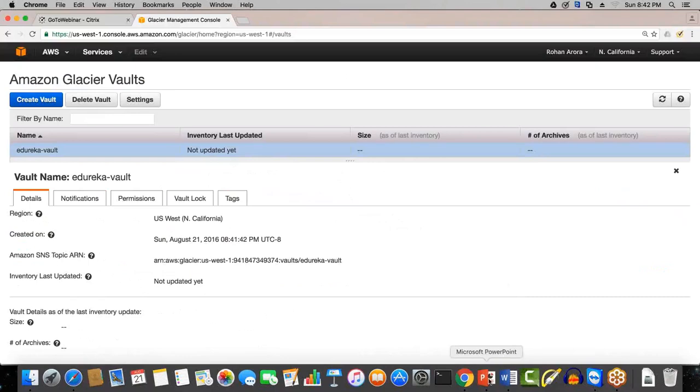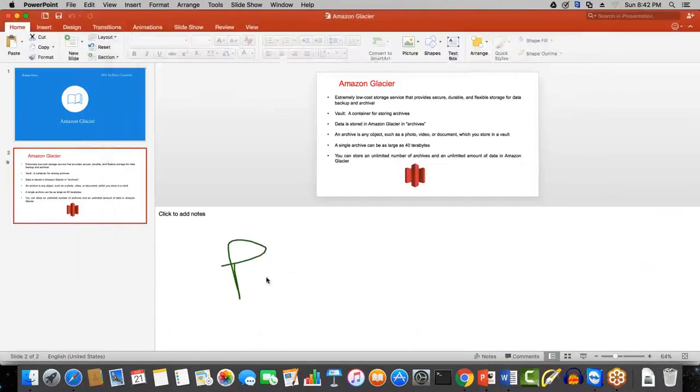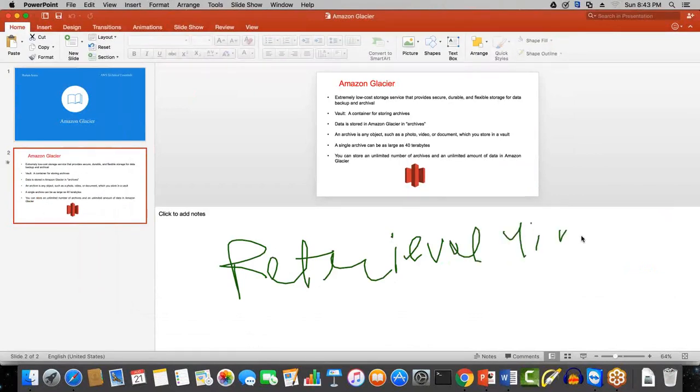And also the major second disadvantage of the Glacier is that it has a very high retrieval time. The retrieval time is far beyond what you should expect. So what Amazon Web Services say is that if you want to retrieve